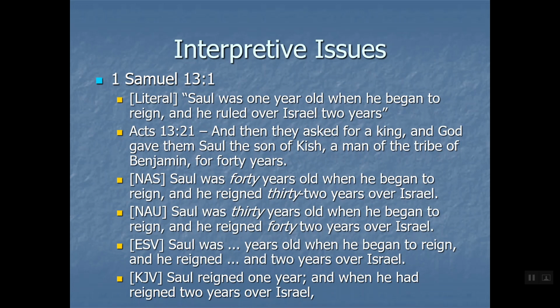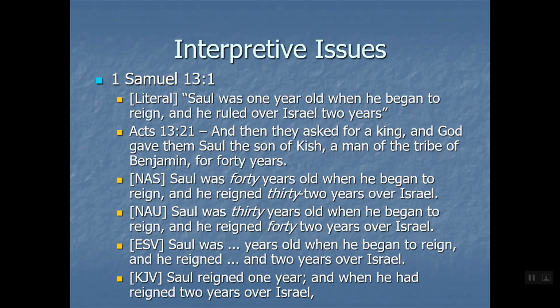Okay, interpretive issues. I have 3 of them. This one is interesting because there is no manuscript. So hopefully you guys have taken a class or read about how abundant manuscripts are for the Bible, and how we have a tremendous number of copies to confirm the readings we have. Well, this is one exception to that. One very small exception to that.